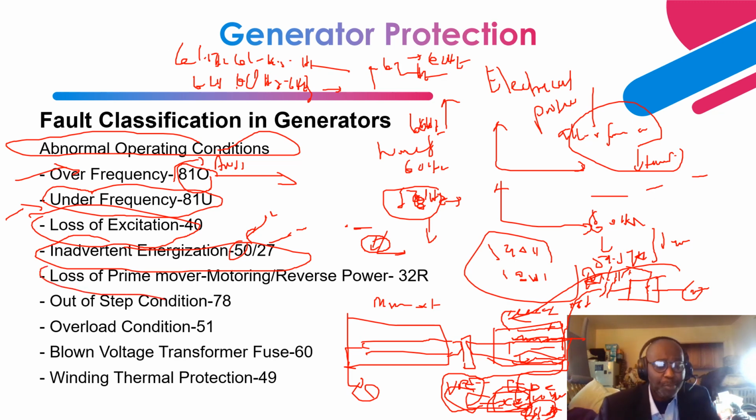Next is loss of prime mover. So you have a turbine, and within the turbine you have different sections: the high pressure section, the intermediate pressure section, and the low pressure section. Let's consider a steam turbine generator. You have a boiler here that is boiling, let's say, pulverized coal, and has water flowing through the walls that converts it to steam.